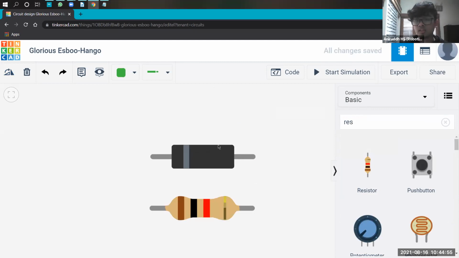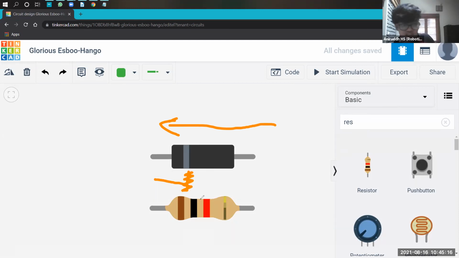So this component has a specialty. What it does is it allows electricity to flow only in this direction. And if you connect the same circuit in the opposite direction, it will not allow it to flow. It will cause a permanent barricade.